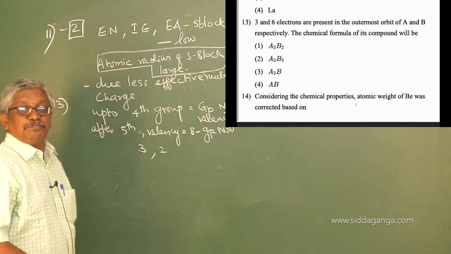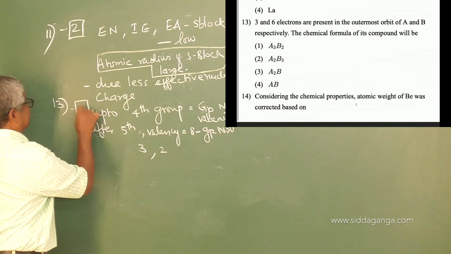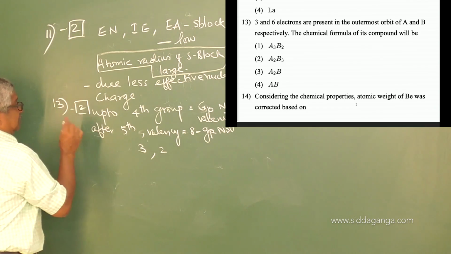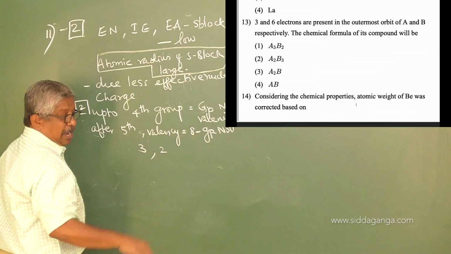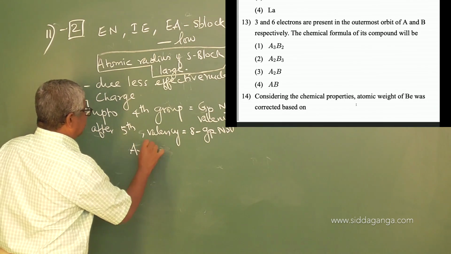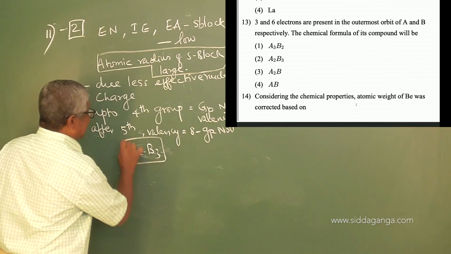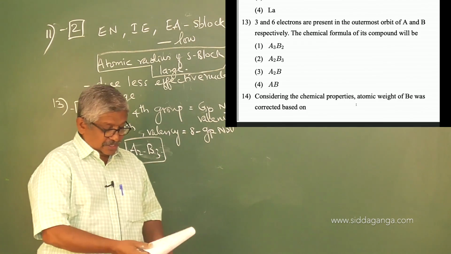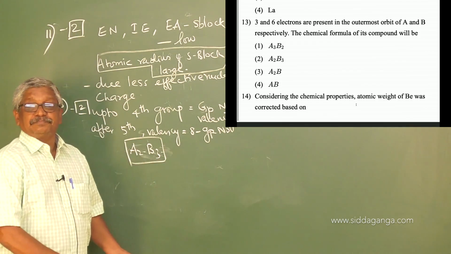So A2 B3 is the option. Question number 13, option is 2, it is A2 B3, it is the right answer. Now the next question,